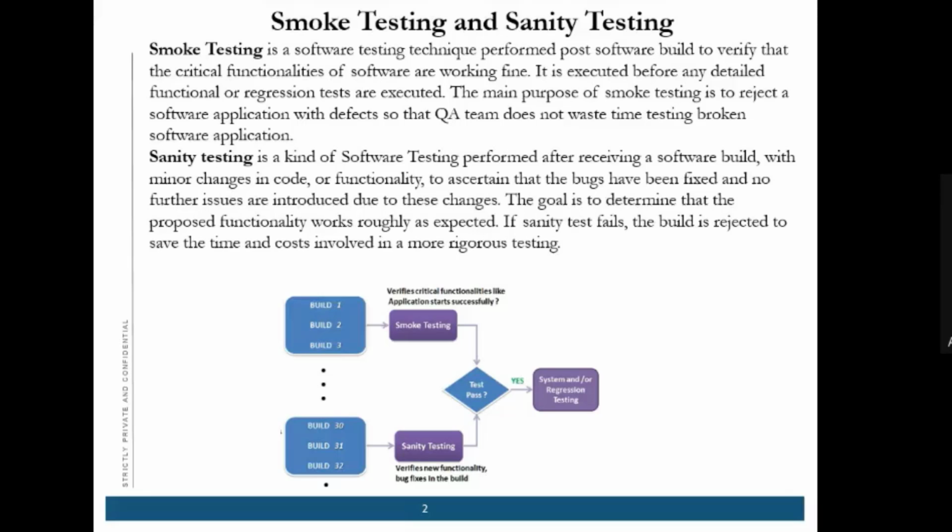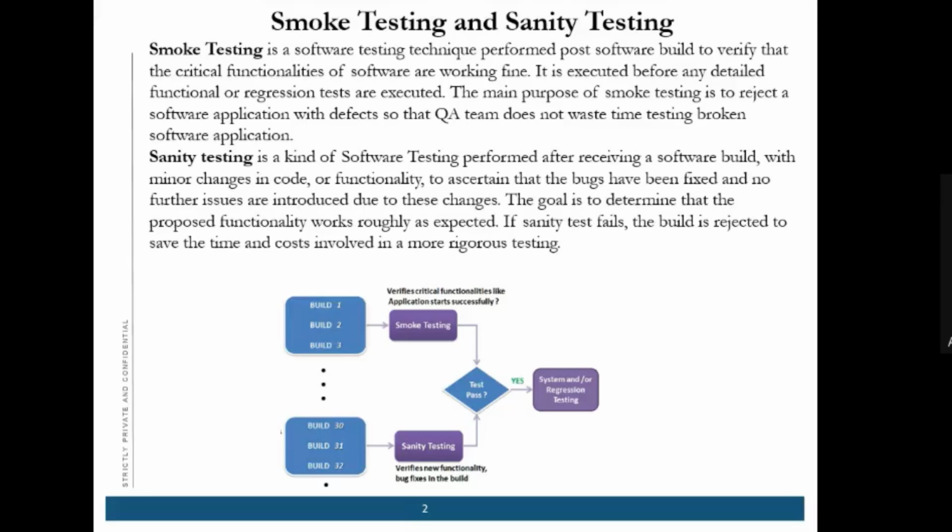So that area we will cover. Majorly we will focus on that area, not the main functionality as smoke testing does. Sanity testing is more focused on the defect areas only. So that is the difference between smoke testing and sanity testing. While doing sanity testing also, we can straight away reject the build, saying that the previous error has not been rectified, so what is the use of testing it and doing the same thing again.